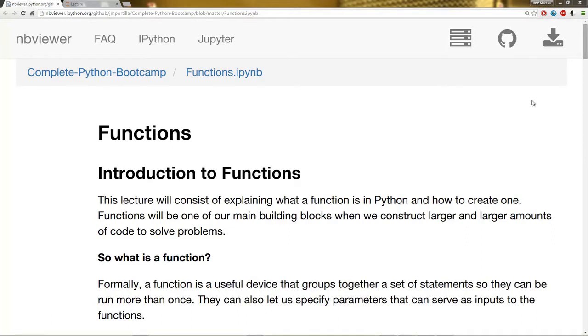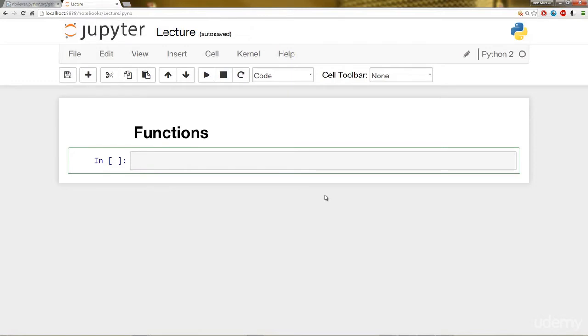Okay, so we're back at the Jupyter Notebook, and now we're going to hop over to some live code to check out the syntax. So how do you build out a function in Python? You first start off with the def keyword, and if you're using an IDE that highlights the correct syntax in Python, you should see it highlighted. Then you do a space, and then you enter the name of your function. The rules for naming your functions follow the same rules as naming variables. So I'm going to say name of function. So space, the name of your function, you can name this whatever you want, and then parentheses, colon,